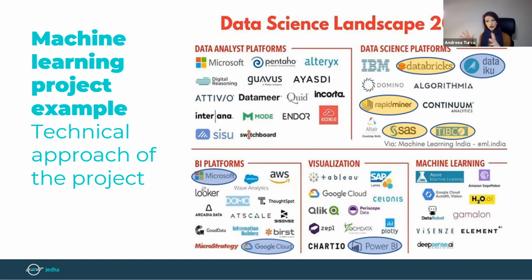Before starting the execution phase of this particular project, there were benchmark initiatives with Databricks, RapidMiner, TIBCO, or SAS to see which is the most adapted tool to the project needs. Here is where I started to use Microsoft and Google Cloud for data storage, R and Dataiku for data preparation, R, Python, and Dataiku for machine learning modeling, training, testing, and deploying, Power BI and Dataiku for visual representation and improvement.